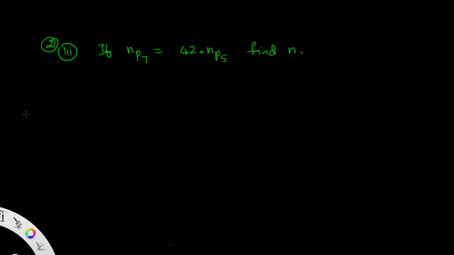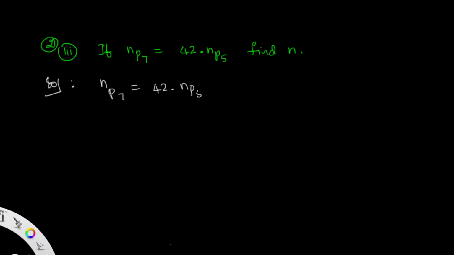Find n. The question is given; this is more important. In the same way, nP3 is written as n into n minus 1 into n minus 2, whereas nP4 in simplified form is n into n minus 1 into n minus 2 into n minus 3. Here the given equation is nP7 equal to